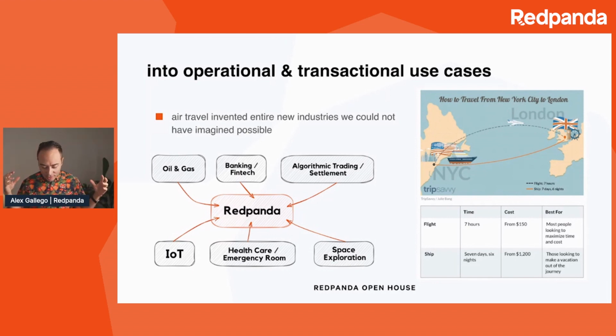In addition to sometimes having the opportunity to reinvent the wheel when the road changes, we've also seen that we started to work with some adjacent possible use cases, not necessarily in the analytical space. It wasn't just about taking logs and shipping them to an HDFS cluster or to S3 or any form of log aggregator. What we've seen is that Redpanda, because of the latency properties, is starting to be used in more foreground use cases, where it's not just, hey, you hit a web server and that writes a log and then that log gets processed sometime later.